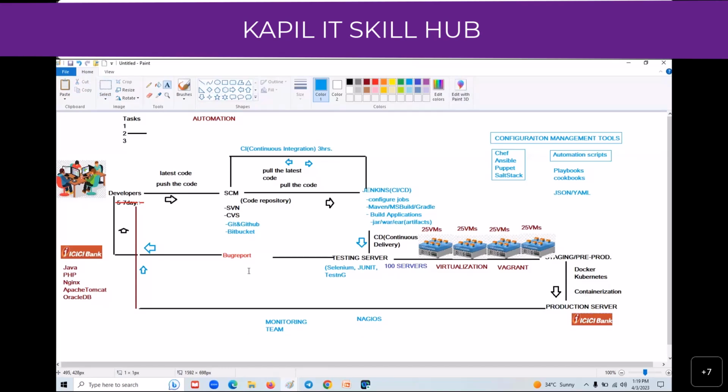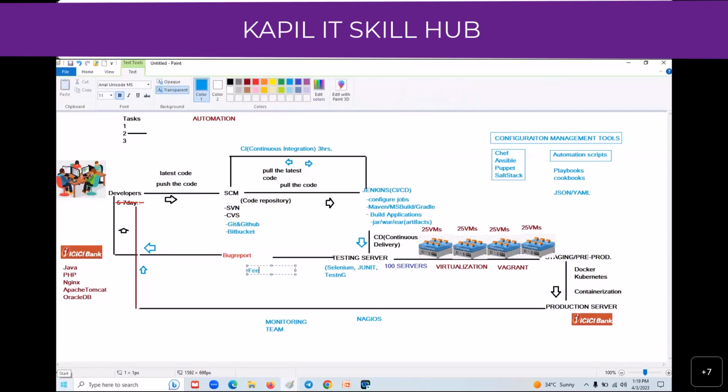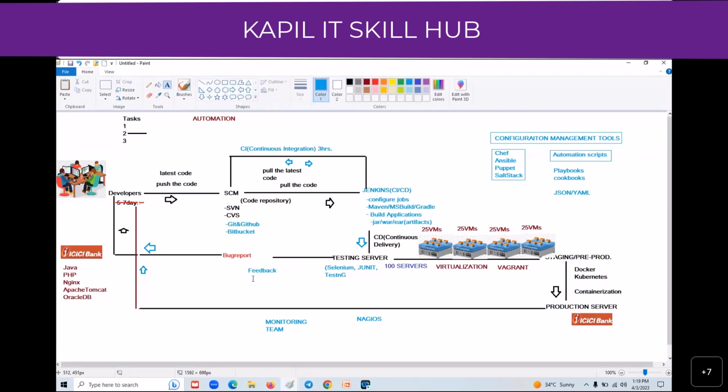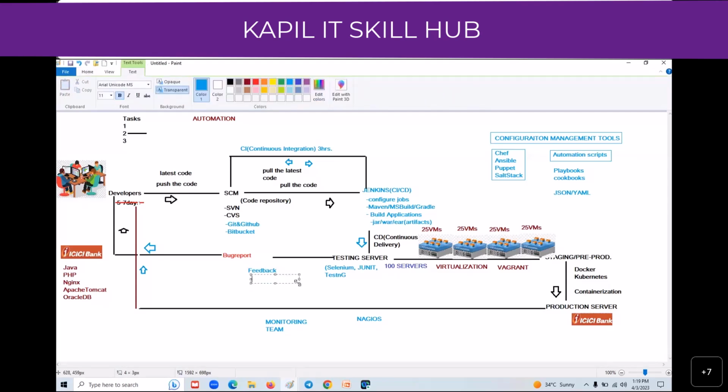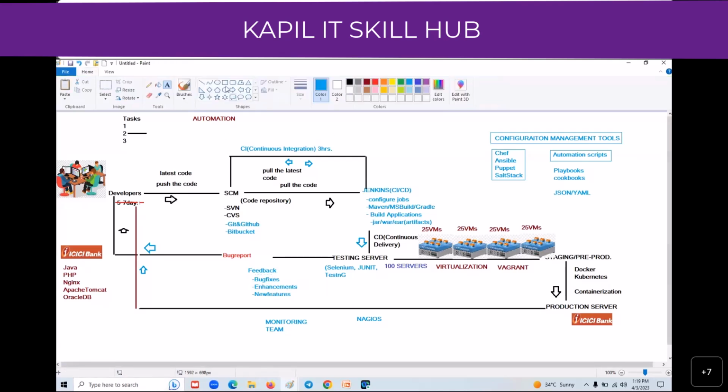The feedback report consists of bug reports, bug fixes, enhancements, and new features.